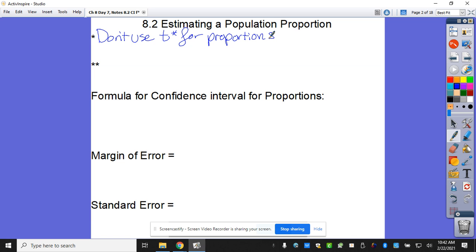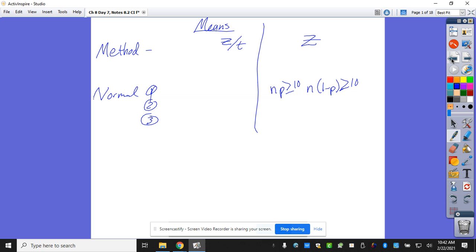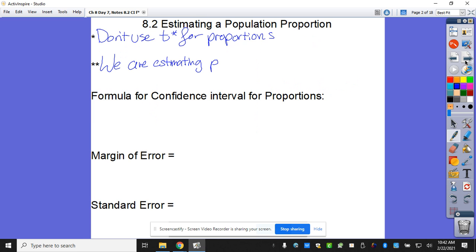The other thing is, and this is what I very quickly brushed over before I gave you a chance to think about it, we are estimating p. So p is what we're trying to find the interval for. Why do you think this could end up being an issue? If we're trying to check it and we don't know what it is to plug in there, we can't use it. So we only know what? We don't know this, but we do know